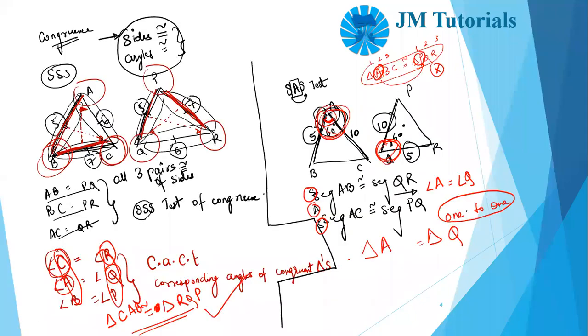Similarly, A should go with Q because both the angles are equal. Then what I told you, AB के opposite क्या है? C. So AB के opposite C, वो लिखा मैंने. अब AB क्या था? 5. AB was equal to 5, so इसके opposite will be P. So basically AB के opposite C, and this will be P. And finally, यहाँ पे what is left? B is left. यहाँ पे what is left? R is left. Did you all understand, guys? Everyone, did you all understand? Everyone understood?